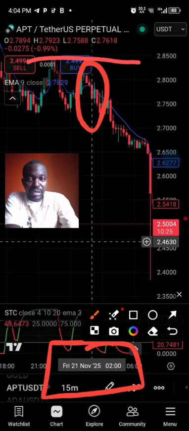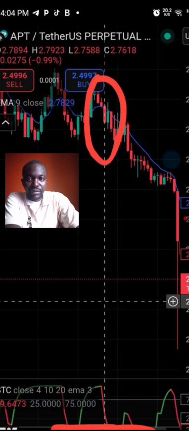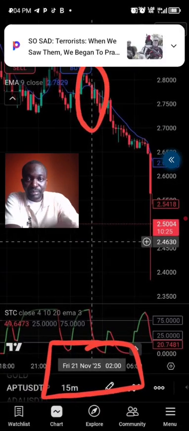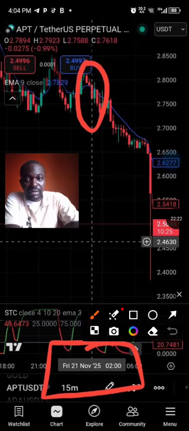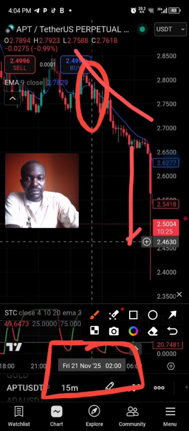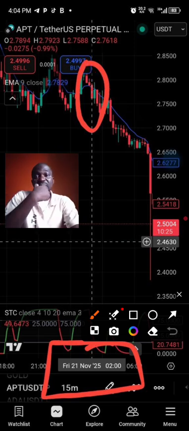And if we look closely, we'll see the candlestick pattern again, which is the 3 white soldiers. If you can look at it very well, that's the 3 white soldiers. This has indicated a strong move to the downside, and as you can see, the trend line was formed and eventually it goes down. That's it. Alright, so this is for APT USDT.